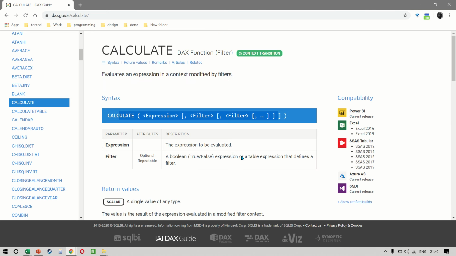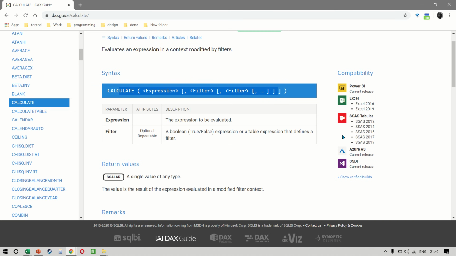Now remember, there is very little similarity between Excel and DAX functions. For example, DAX does not have VLOOKUP. It has something called related. It has something called use relationship. DAX does not have a SUMIF and a COUNTIF. It has something called a SUMX and a COUNTX, right? So you will have to learn this independently in case you have never worked with this earlier.